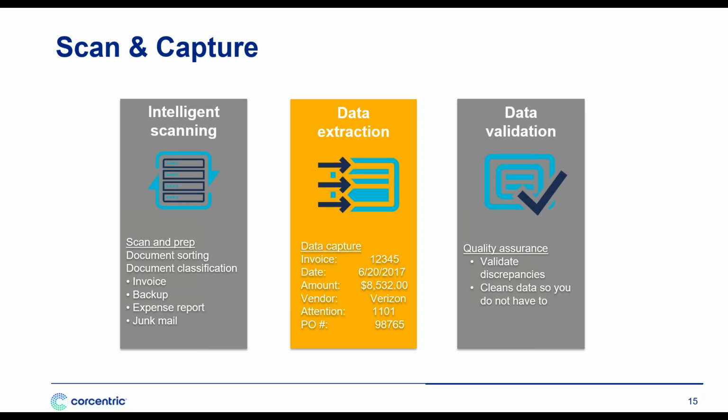The question is, what do you do with them? Well, scan and capture offers a solution. It provides you with 3 components to eliminating the burden of managing paper invoices. First, it provides you with intelligent scanning so that it can electronically classify documents to determine what's an invoice, what's a purchase order, what's